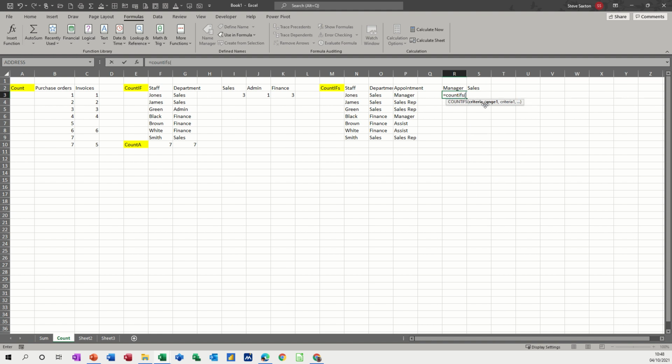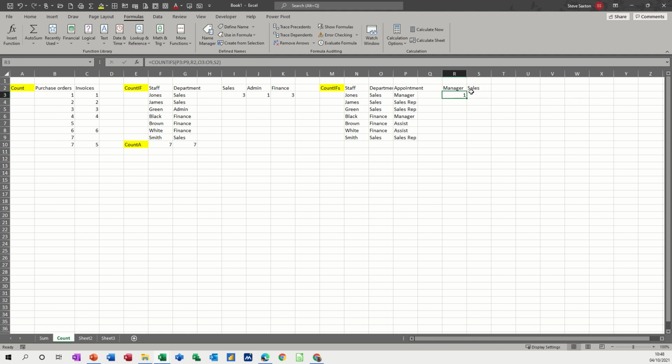So the criteria range is going to be that list, comma, and then the criteria is going to be that manager. And again we can do the data validation, which I haven't done on this one, but comma, I will do in a minute. The second criteria is this list, comma, and that's the criteria. Click the tick. So there's one manager